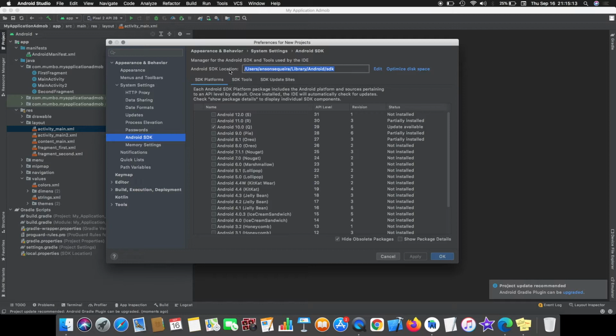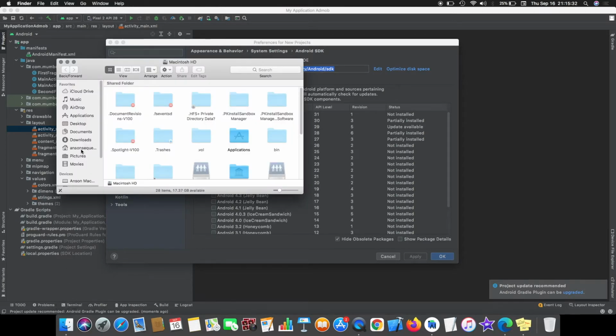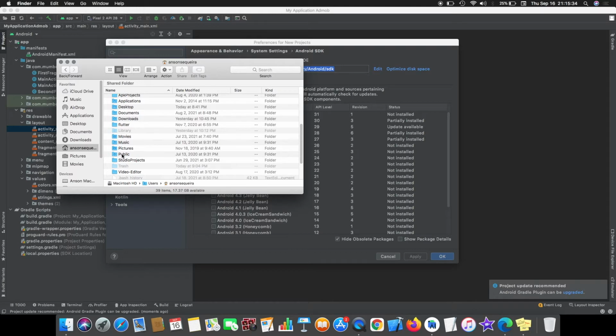I have downloaded 28, 29 and 30, partially and fully. So you can change the space requirement by optimizing the disk space and delete unwanted ones as decided by the Android Studio. Now you see I am going to the file location.